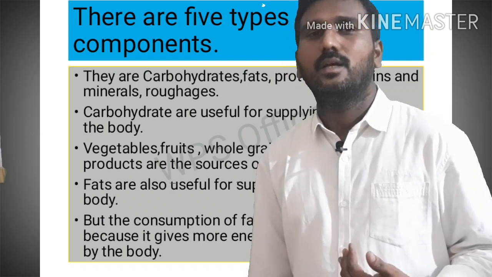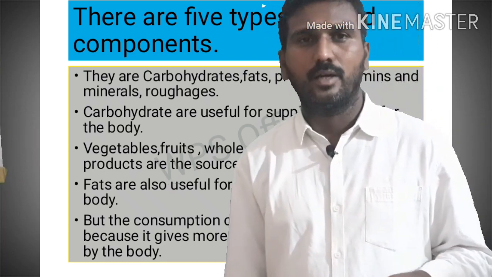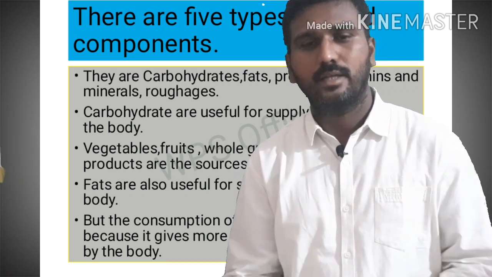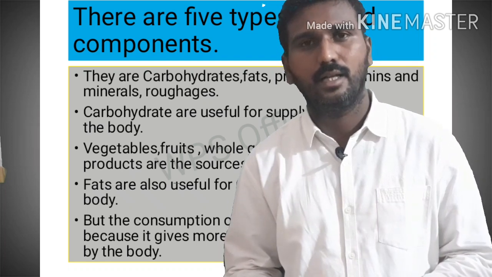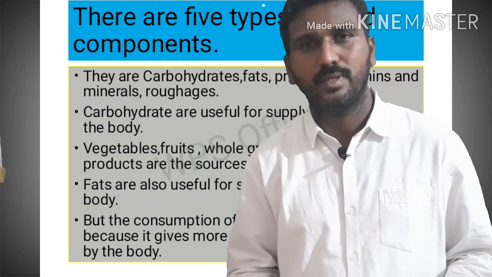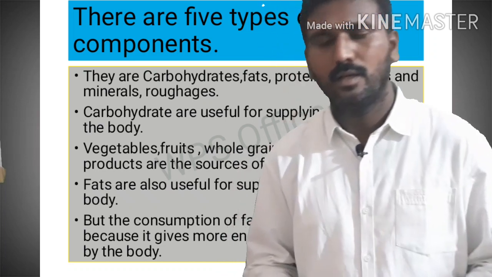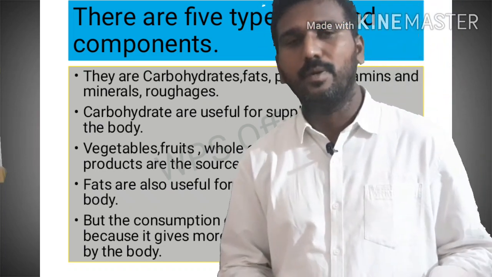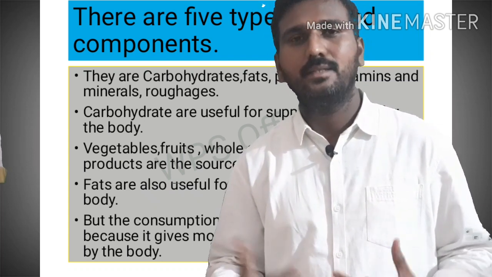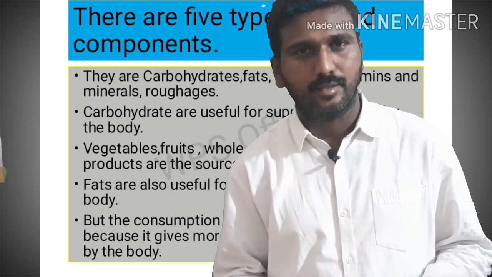So we generally take different types of food materials from morning to evening that give us energy. For example, chapati, rice, roti, and so many other food materials taken in our daily life give us energy. Not only this, as I said earlier, a food item is a combination of more than one food component. Some food items may give us energy, but especially to gain maximum energy, we select some of the rich sources of carbohydrates in our daily diet.